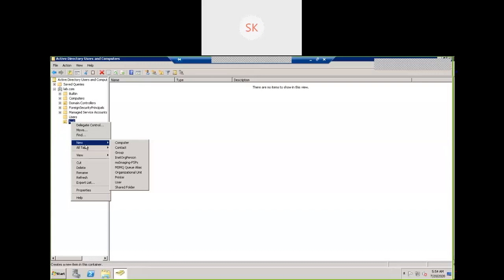What is an OU? All these things come into the picture. Finally, the group policies. Group policies are a very vast subject. If you make some mistake without knowing, it implements across the entire organization. They cannot log into the system, they cannot perform certain actions. Okay, these are group policies.